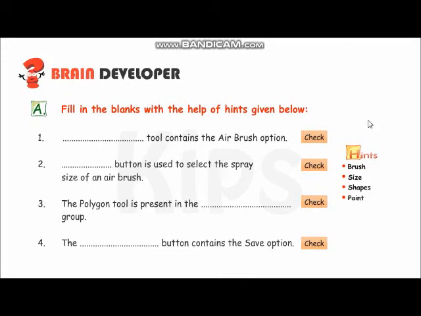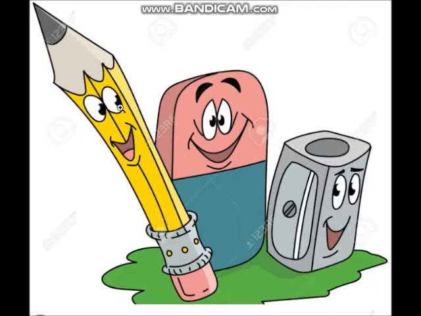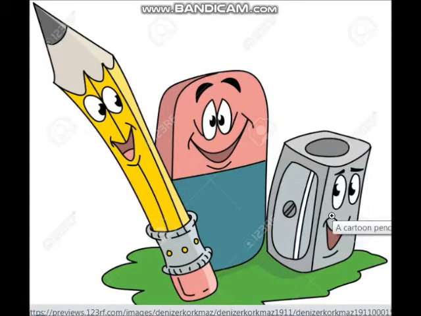Today we are going to do the exercise on page number 59, and what you have to do is write the date here on page number 59. And what is the date today? 13/3/2021. Okay, 13th March, that is your Saturday. The third month, that is March, in the year 2021. So you have to write the date here, and after writing the date you have to start working on filling the blanks. So be ready with your pencil, eraser and sharpener.